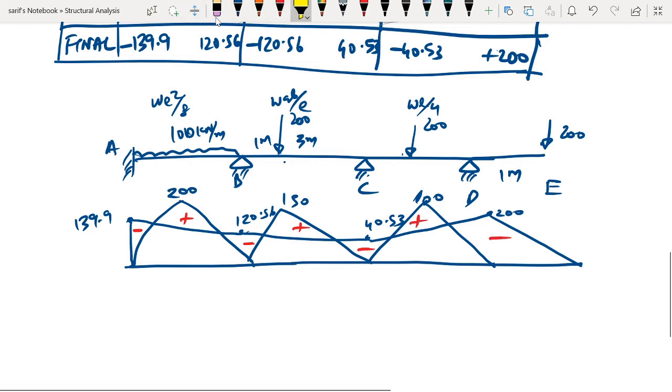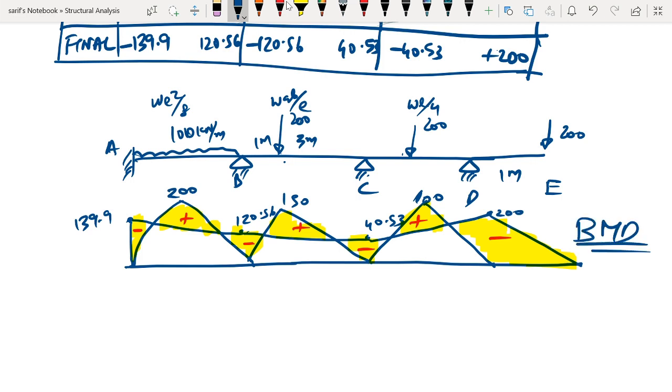So we can also highlight the portion of the active bending moment diagram. This would be the active bending moment diagram. So this is how we draw the bending moment diagram for a continuous beam, okay, through moment distribution method. Now once again, before we continue to the next problem that we are going to analyze, let me explain to you